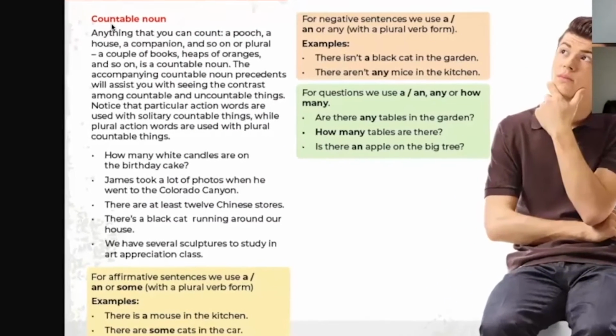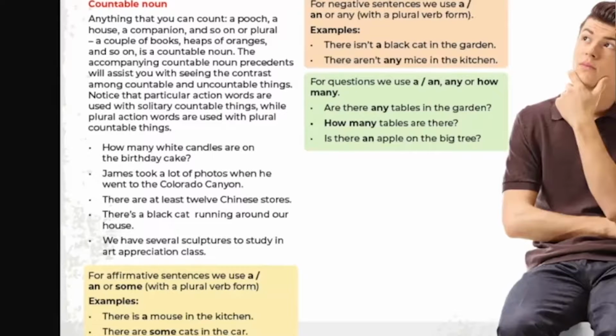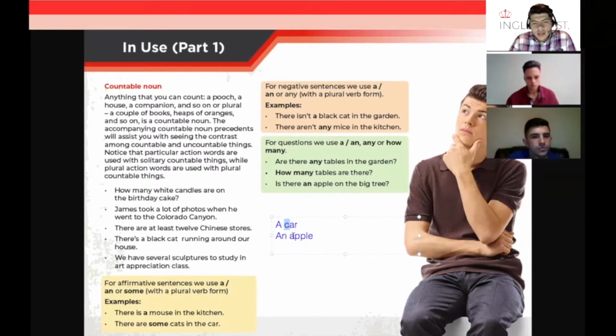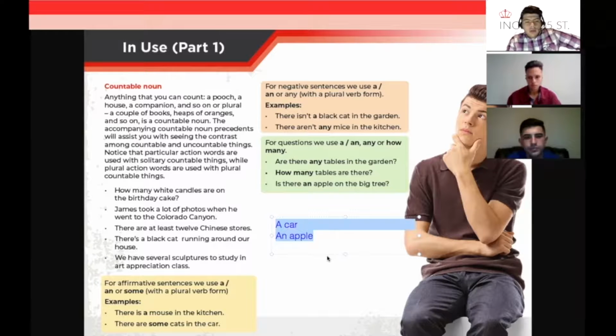Es realmente bastante sencillo. Okay, here are some examples. Es por el inicio de la consonante, ¿no? Exactly, yes. We use a when the next word, cuando la siguiente palabra, begins with a consonant, and we use an when the next word begins with a vowel. Cuando la siguiente palabra empieza con una vocal. That's the only difference. Pero ambas tienen el mismo significado.